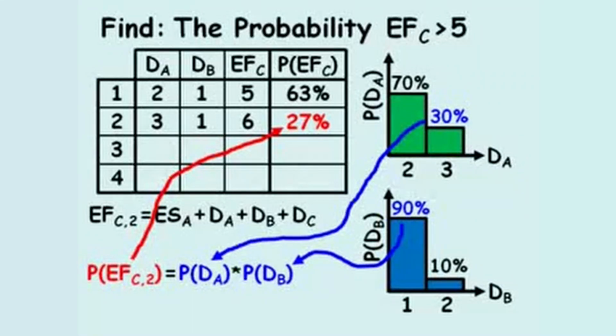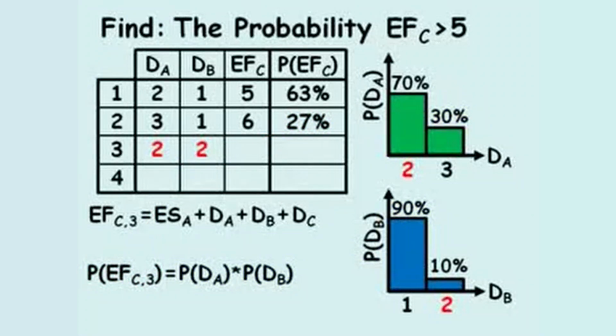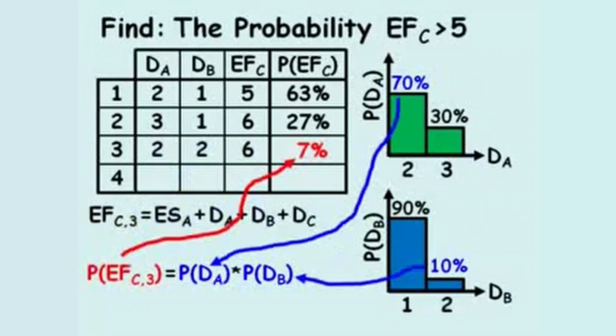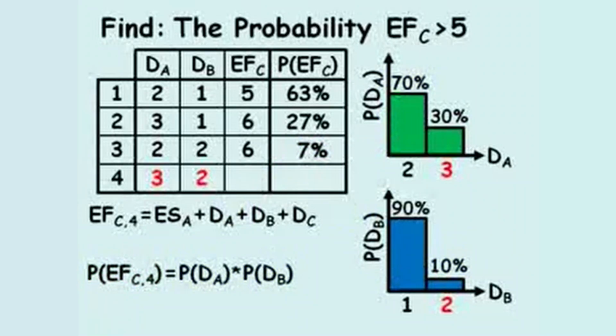The third combination is duration A equals 2, duration B equals 2. As before, the early finish of activity C equals 6, but this time the probability equals 7%. The last combination is when the duration of activity A equals 3 and the duration of activity B equals 2. For this combination,